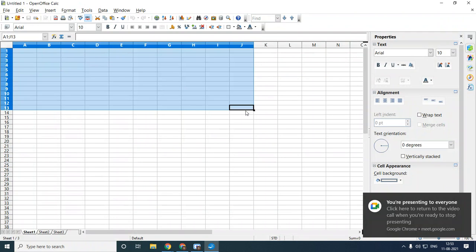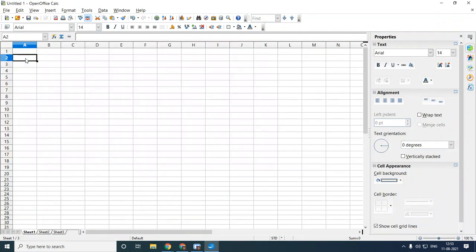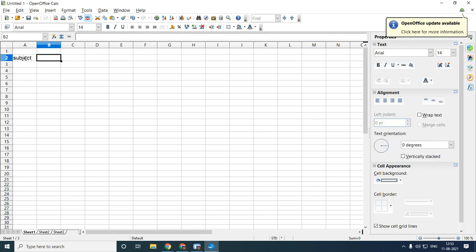Now suppose you are creating the record here, that is your students' record, and in that you want to create the link, or else suppose for the teachers, the 10th standard class links, daily links they want to insert here. Then I'll write my subject here, that is IT, and I want to add the links of the IT subject here.